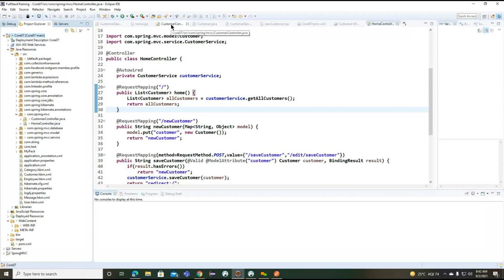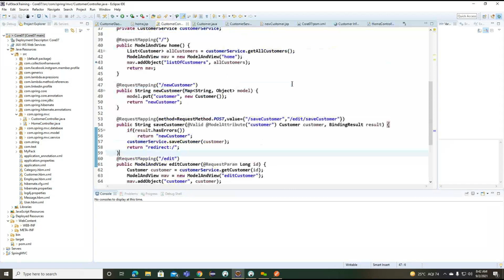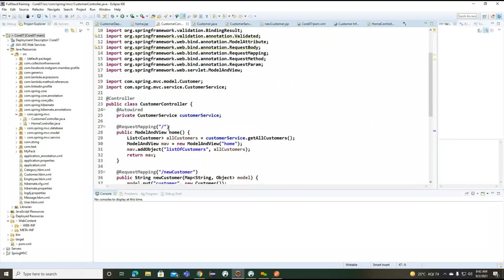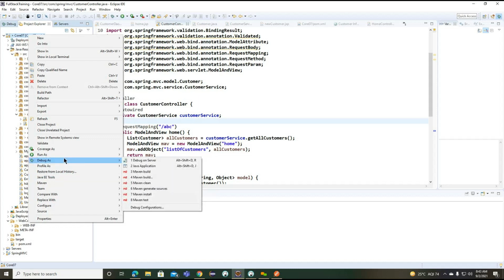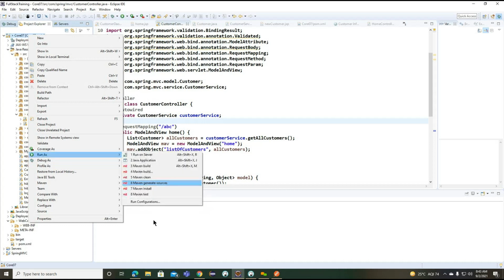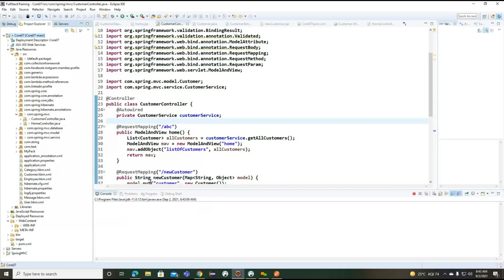And here, in the custom controller, I want to change some information, because everything is the same, right? So ABC. We cannot make the two APIs the same call here, because again the container will get a problem. So the dispatcher servlet will get a problem. Which controller class do we need to call here?